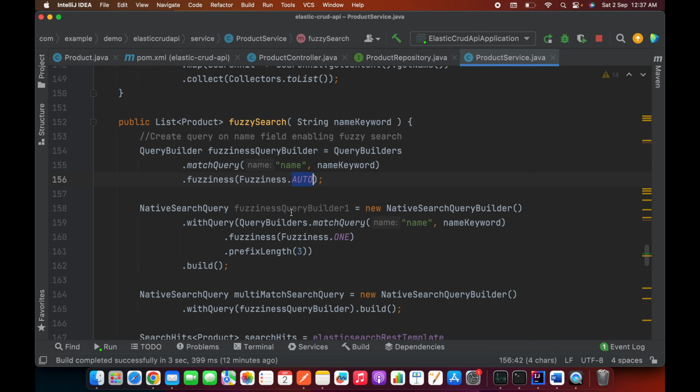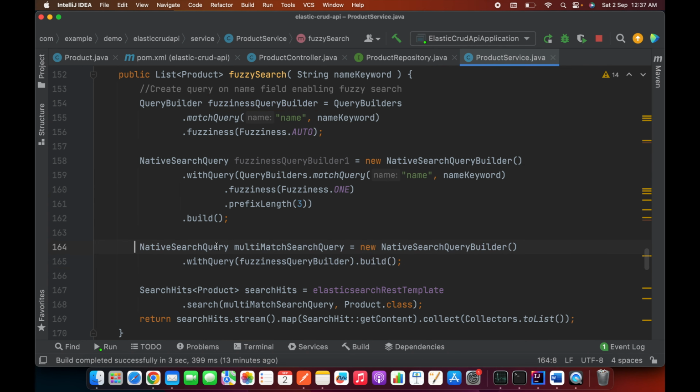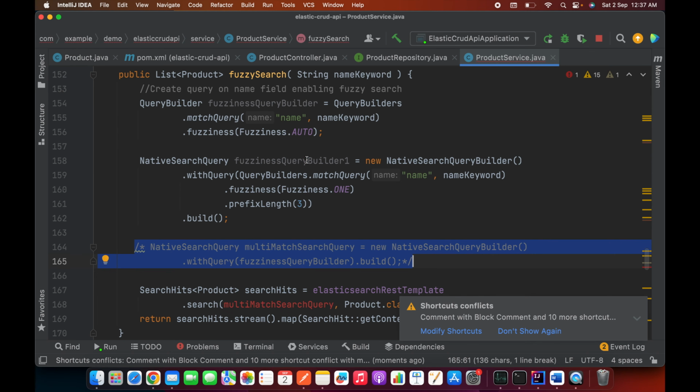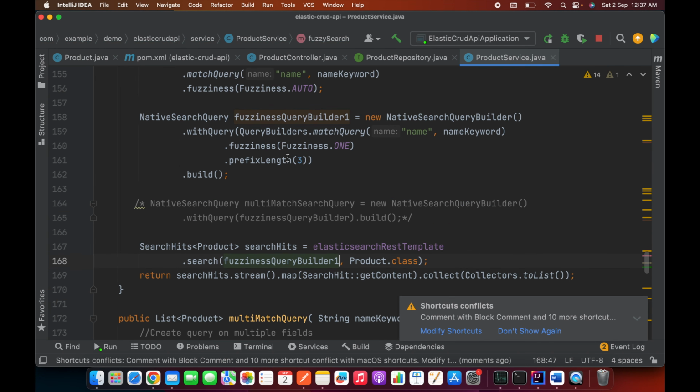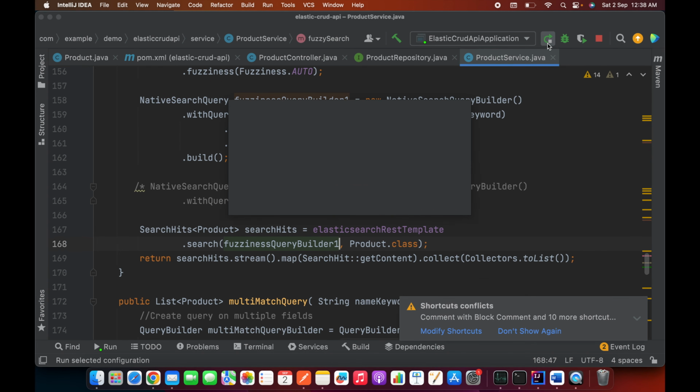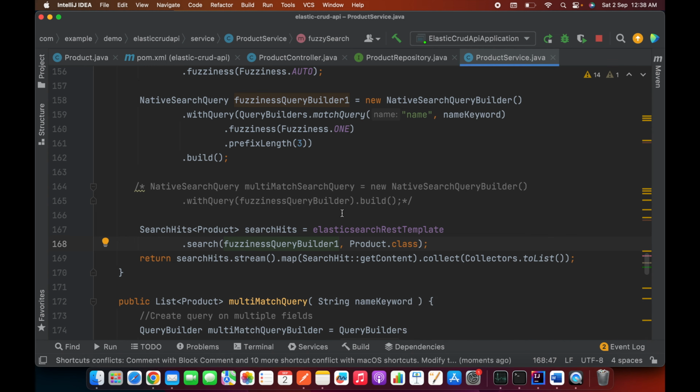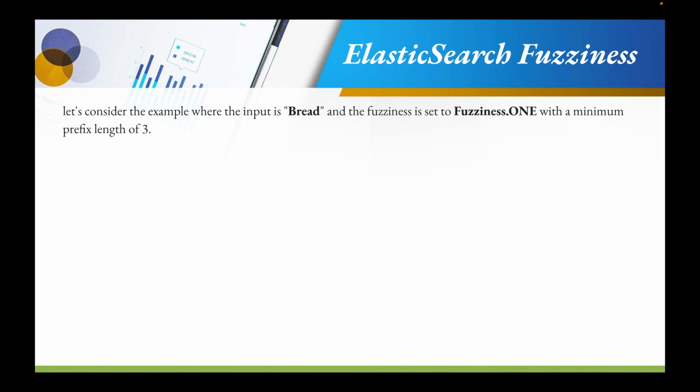And the next one, this one is not required, because this one I will directly pass, because the native search query is already there. So let's restart this. In the meantime, I will explain what this fuzziness one is and what the prefix length is here. Let's consider we have an input of bread, and the fuzziness is set to fuzziness 1